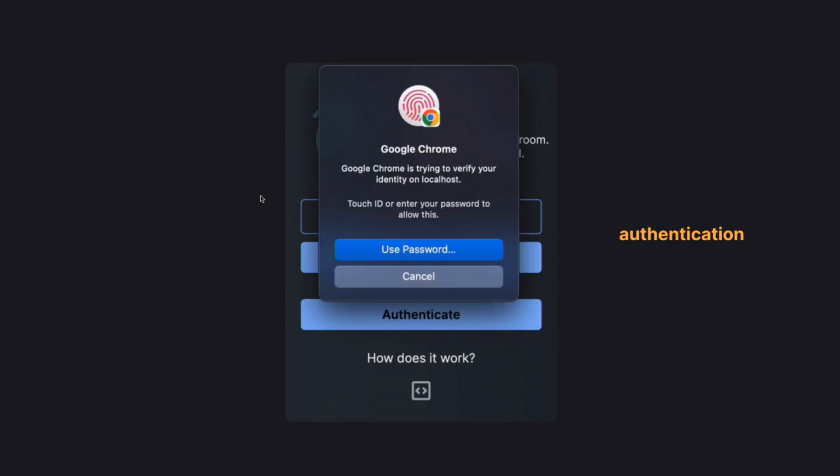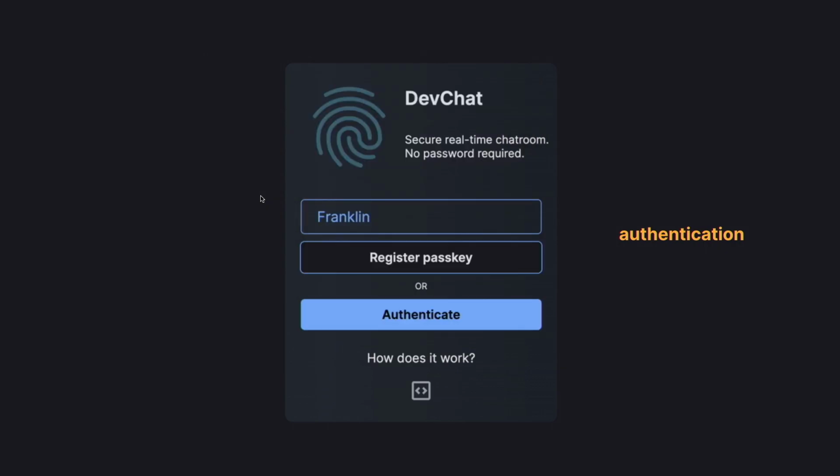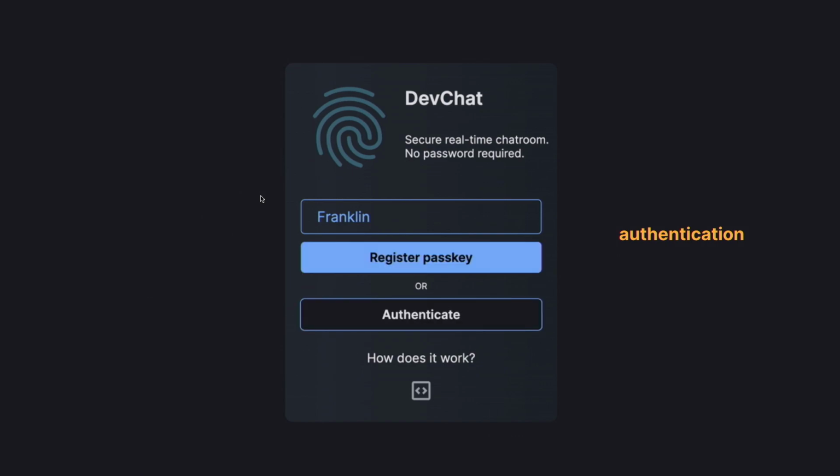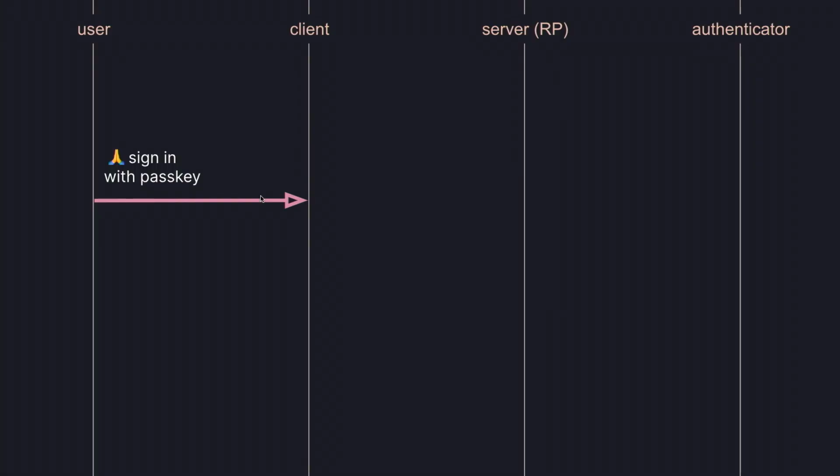And authentication is sort of beautifully symmetric to this. There's not a lot more explaining to do. It's this back and forth dance between the client, the relying party, and the authenticator. I demonstrated it earlier, so I'm just going to skip all this. But usually it starts with a trigger by the user on the client. It could be a click of a button, like sign in with a passkey.